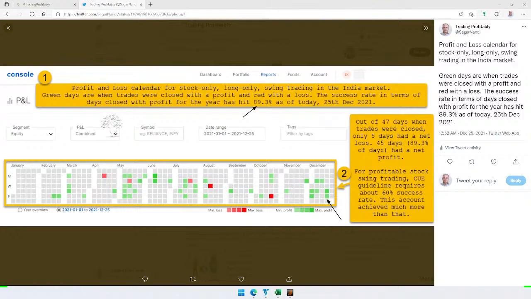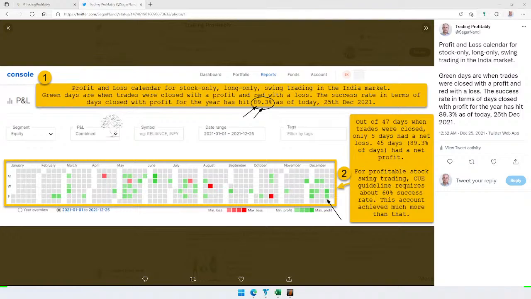89.3% success rate. All these are short-term trades, all using stocks only, all using bullish trades only, and the account has a few more restrictions because I am not a resident Indian. I am a non-resident Indian, so when I trade in India, I have additional restrictions other than what I just mentioned: I can take only long, only stock, and a few more. In spite of all those restrictions, I could achieve a short-term trading success rate of 89.3%.